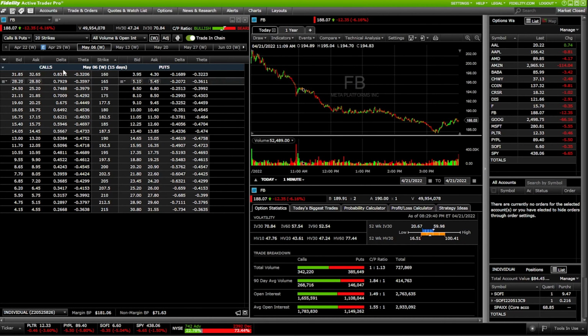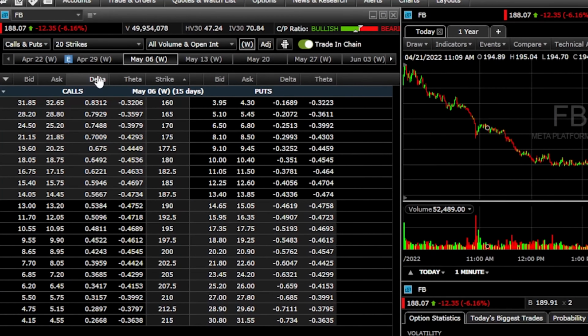Now, coming up here to the option chain, let's first go over what we're actually looking at here and then how you guys can customize this thing a bit. So to begin with, looking up here at the very top of the option chain, we can see what stock we're about to trade. In this case, we're looking at Facebook, FB up there. Right below that, we can see what Facebook last traded for today. Looks like